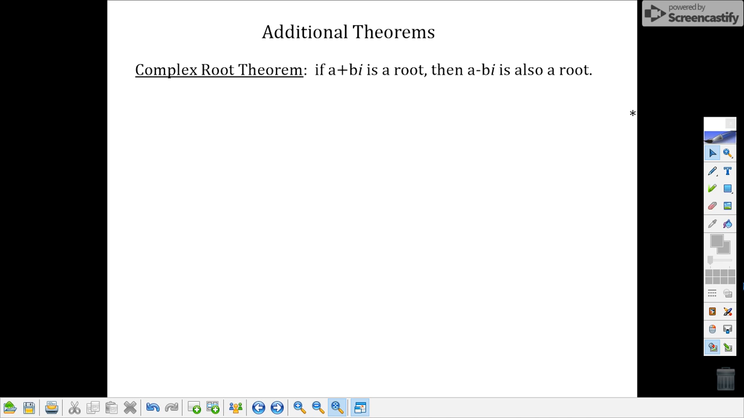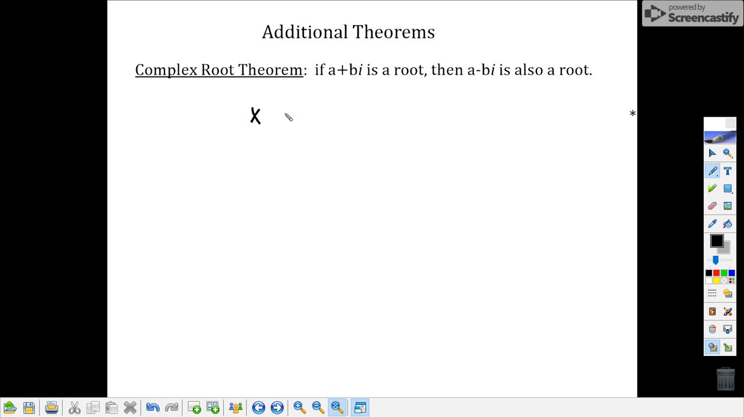At this point, I want to go over the complex root theorem. This is another theorem. So this just says if you have a root at a plus bi, i being an imaginary number, then a minus bi is also a root. That's because imaginary numbers come in pairs. For instance, if